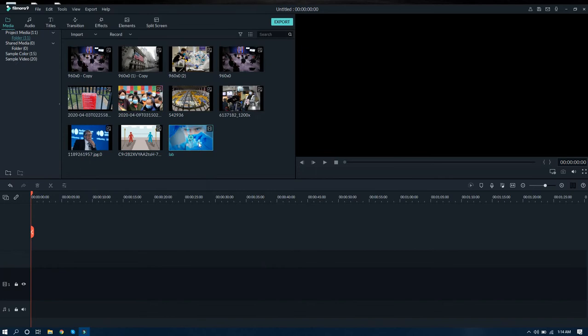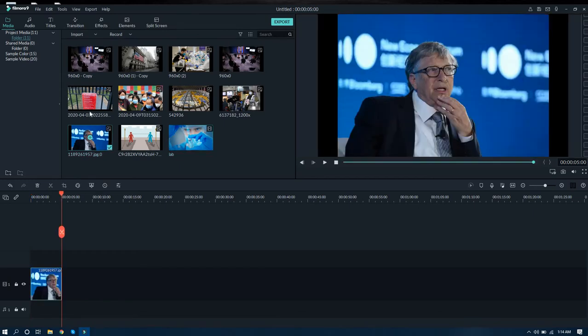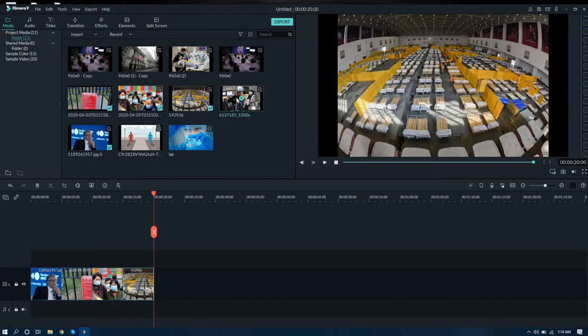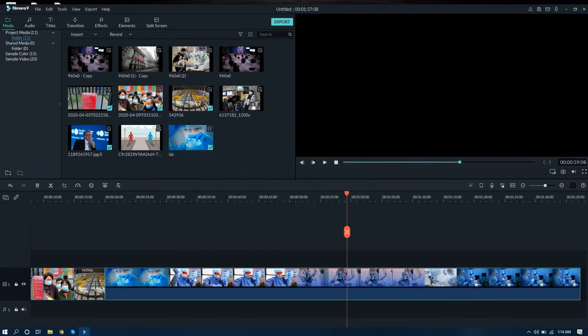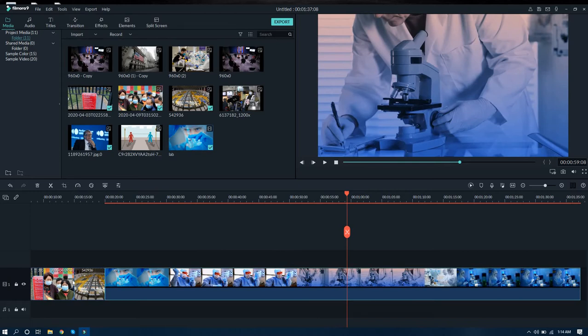I have imported a video also. In whatever order you want to play, you can add the images as well as the videos accordingly. First let me add these images, and in between, if you want any videos to be played, you can play them. Here you have an option for the resolution of the video: it can be matched to media, or you can keep the project settings. I have added a few images as well as the videos here.